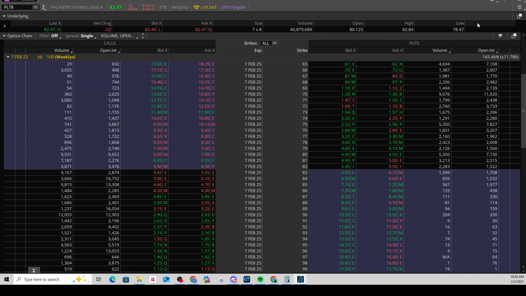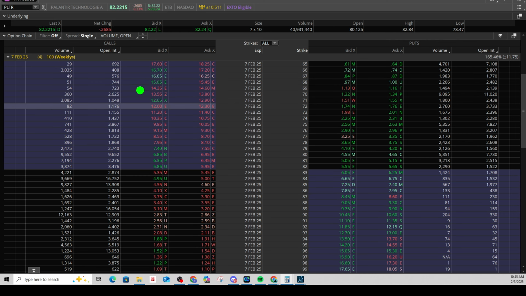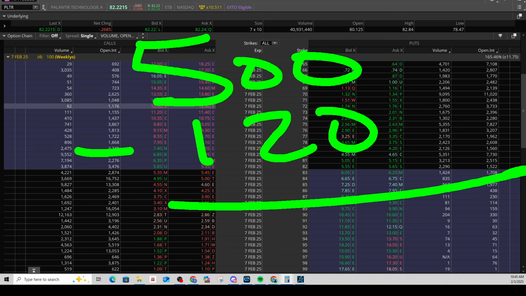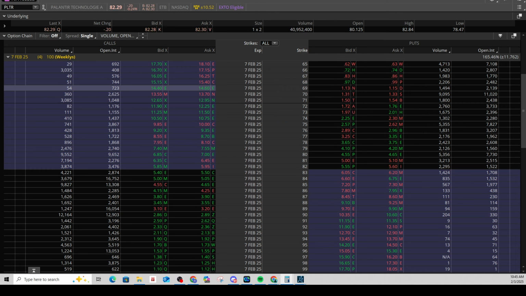So the put side actually looks a little bit more interesting. So I would take 250 and I would minus right here, let's just say $1.30. And that is going to equal 120. This is only going to cost me $120, folks, for that protection, just in case we dump. Okay. So what does that mean? That means I'm only risking $120. 500 minus the 120, and that is my potential reward. Okay. So not bad at all. And that comes out to